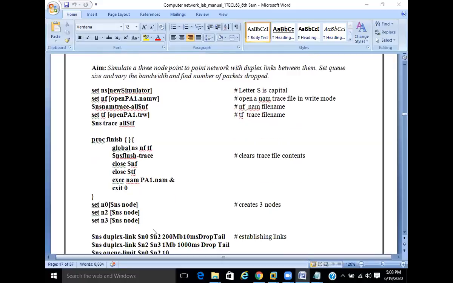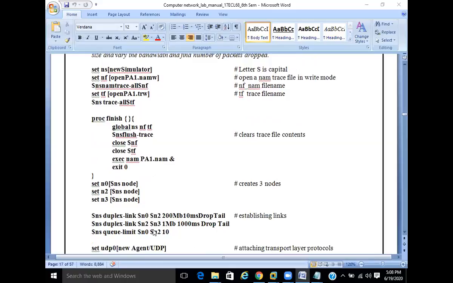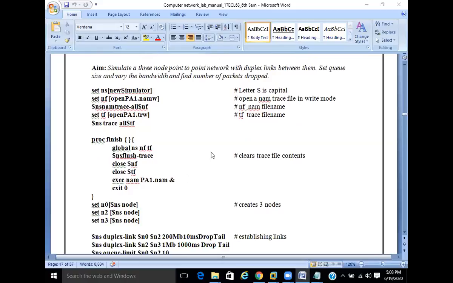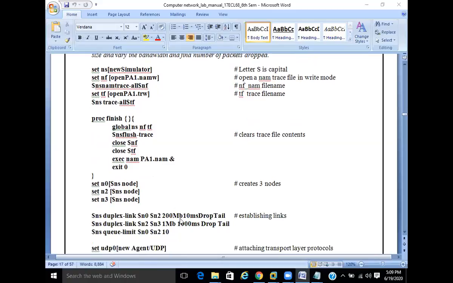Once you have created the nodes, next you need to establish the link between the nodes, meaning a duplex link connection, because in the program you have mentioned you need to create duplex links among the nodes. You need to vary the bandwidth from one duplex link to another and set the queue size.